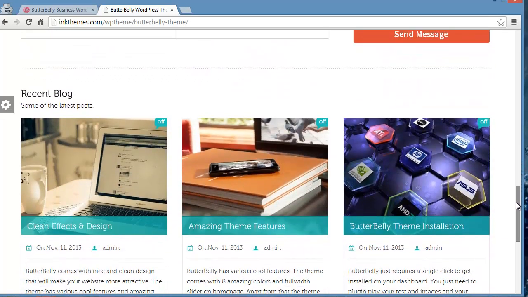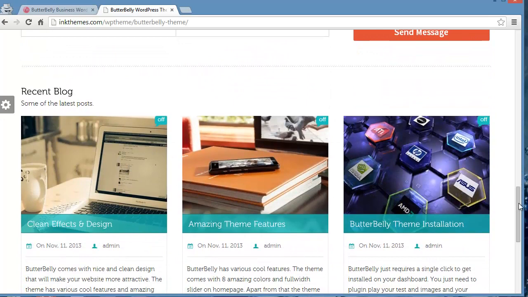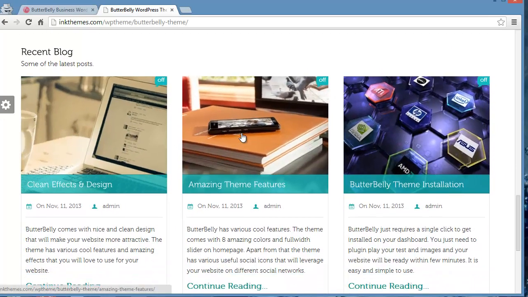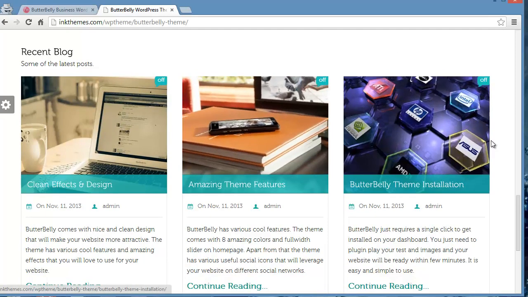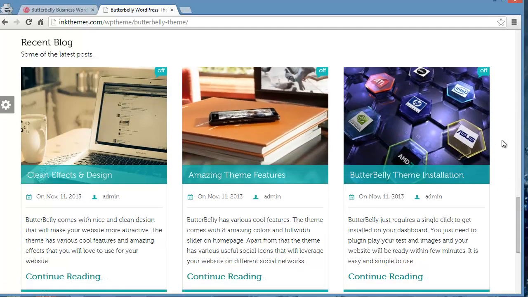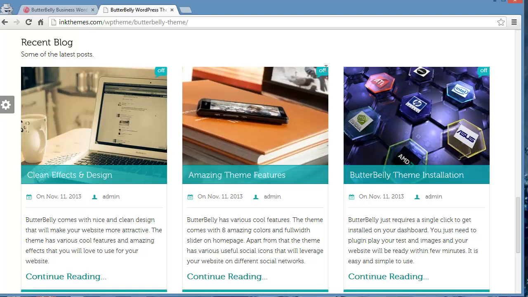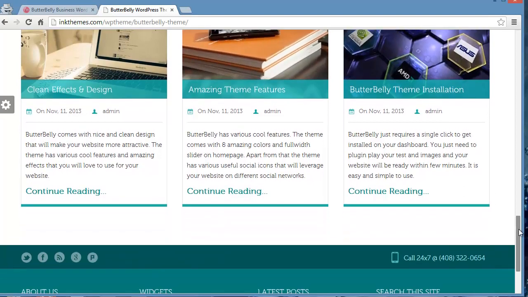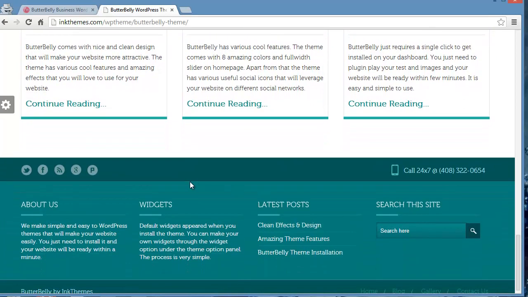Then you have this blog section, so you can show your latest blogs over here. You can put up the images. You can see when you're hovering over it, it's panning and zooming, so that is one more good feature we have got. And right now it is written over here, that is the place where you will find the number of recent comments that have come on your blog post. This is the blog title, the date on which it was posted, and the author name along with the excerpt, and you can click on continue reading to read the blog post.